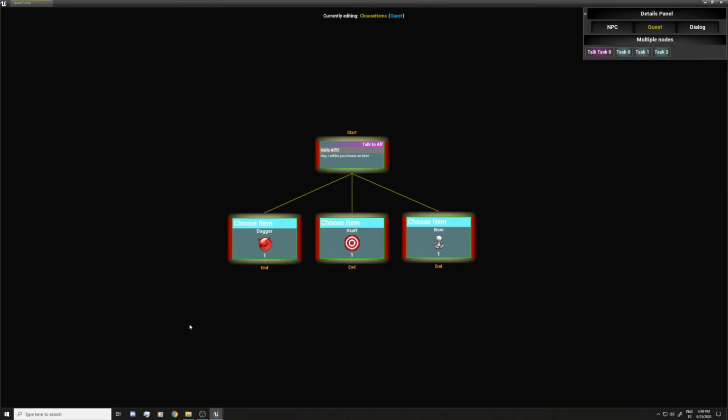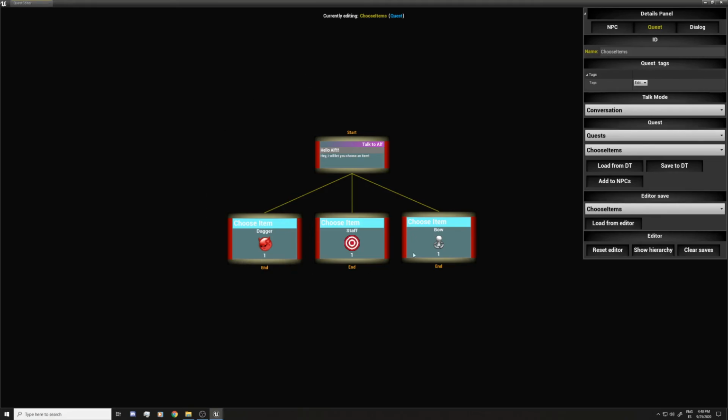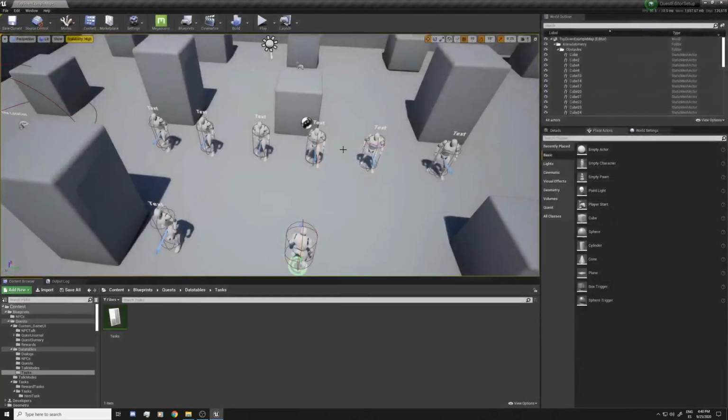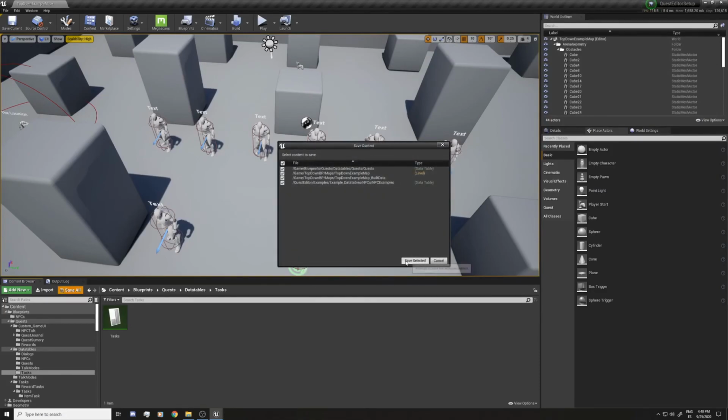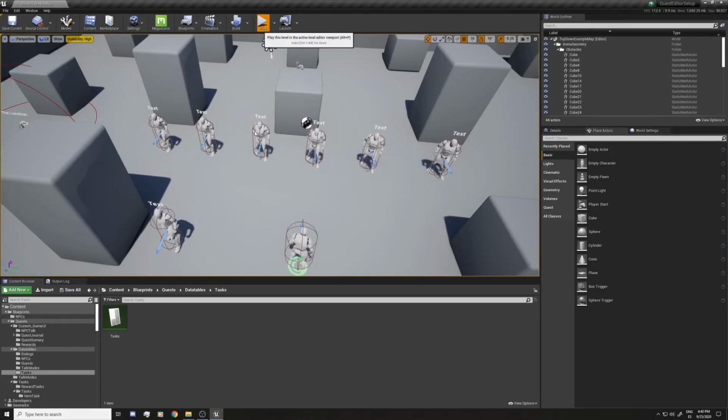So now we have a quest that lets you choose between different rewards. So I'm gonna save it again. I'm gonna add it to NPCs, and I'm gonna close this, and I'm gonna save, and I'm gonna hit play.